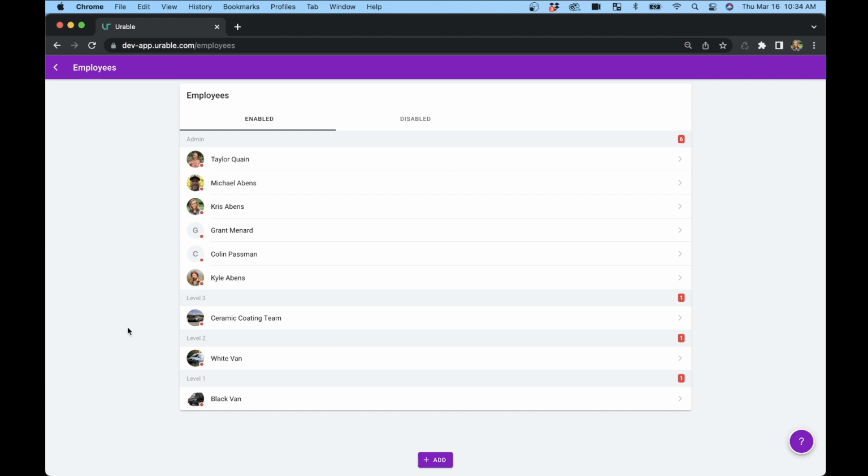The way that we've generally mapped this out, admin is going to be the business owner or maybe the shop manager. You have access to everything within your account. You can edit things, you can delete things, you can create things. Level 3 is meant as maybe a salesperson. You have access to customer contact information, you have access to pricing because you're often going to be interacting with your customers and selling your services, building out jobs,